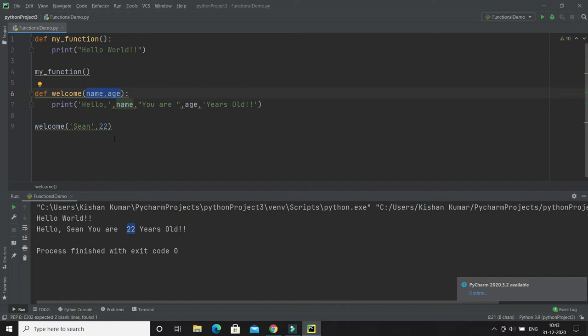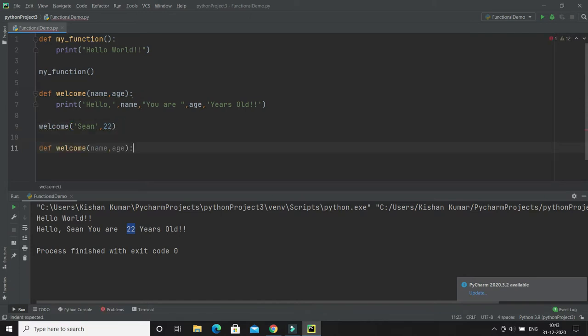So let's try to understand through an example. Here I am going to copy the same function and call it welcome. Let's say I am not aware how many parameters are coming to this function, then I will put an asterisk and say persons.